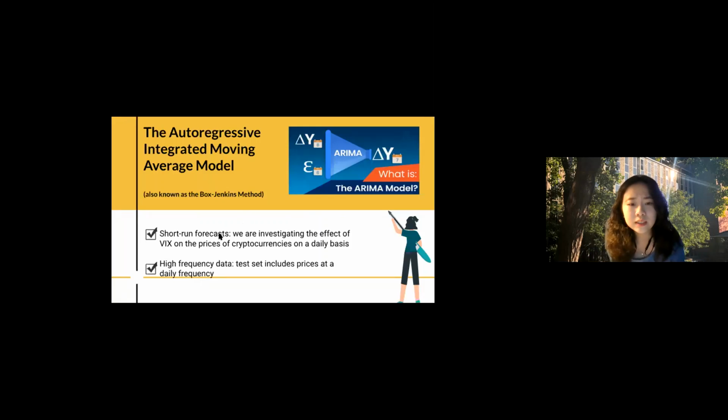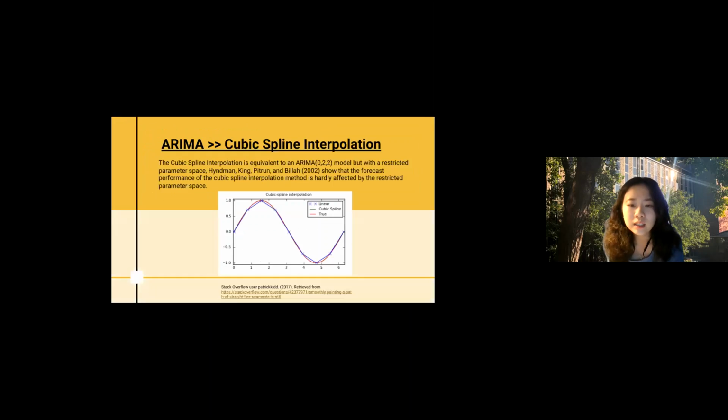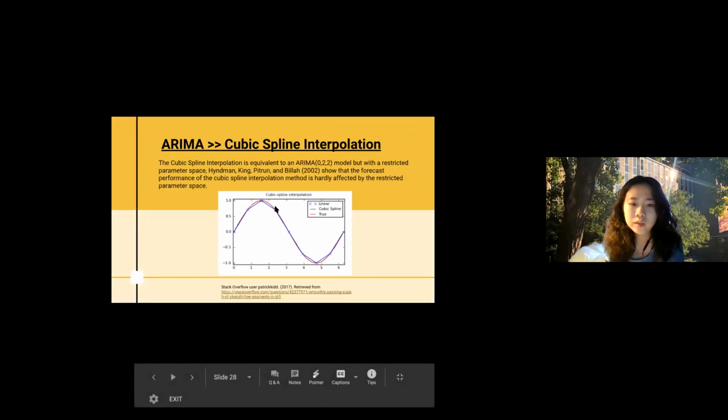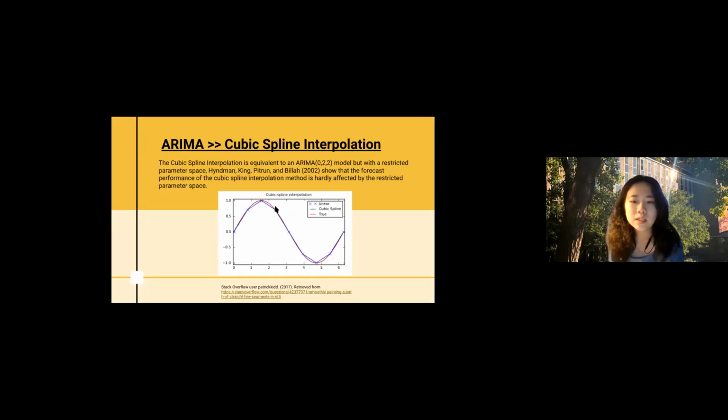Overall, it suits the characteristics of our price and VIX datasets. We then explore the application of the cubic interpolation model like Lynn mentioned previously. The advantage of the method over the full ARIMA model is that it provides a smooth historical trend, as well as a linear forecast function. The technique is very widely used and performs relatively well in practice. For detailed applications, I'll pass this on to my teammate Ifan.